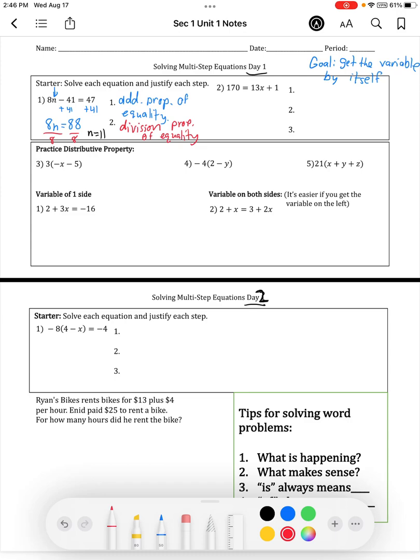Let's go ahead and do number 2. 170 is equal to 13x plus 1. Now you'll notice our variable is on the right side, and I don't like that. I find that harder to do. If it makes sense to you to do it over there, great, do it. But for me personally, I'm going to go ahead and use the symmetric property